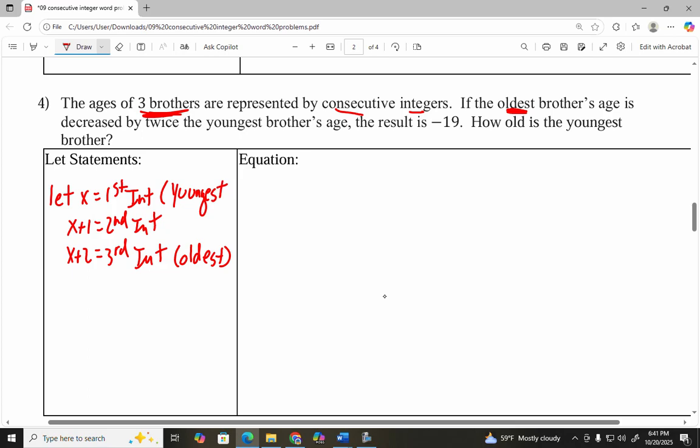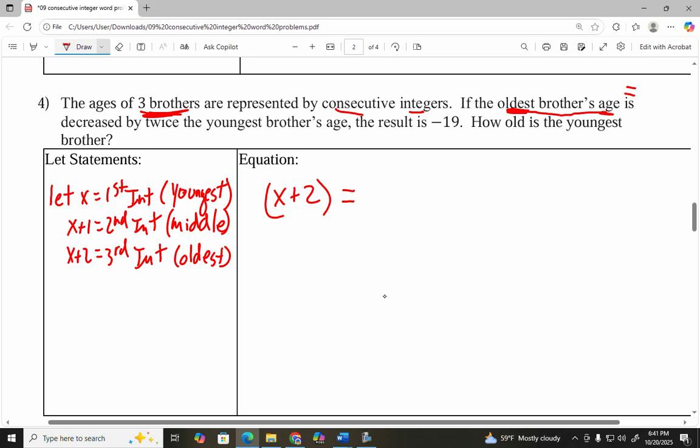It'll make it easier for us to answer parts of this question if I call them oldest and youngest. And I guess this is the middle brother. Anyway, so let's read. So if the oldest brother's age is, I'm just going to stop right there. The oldest brother's age is, remember, is means equals. So the oldest brother is